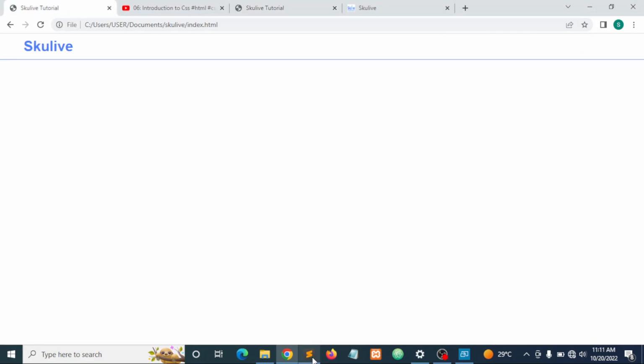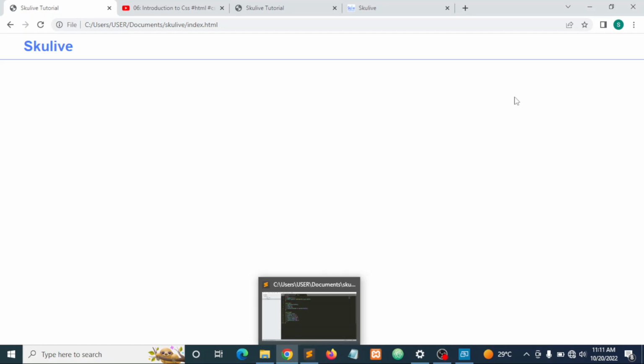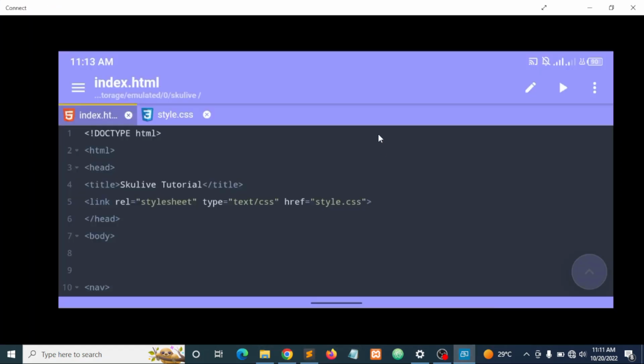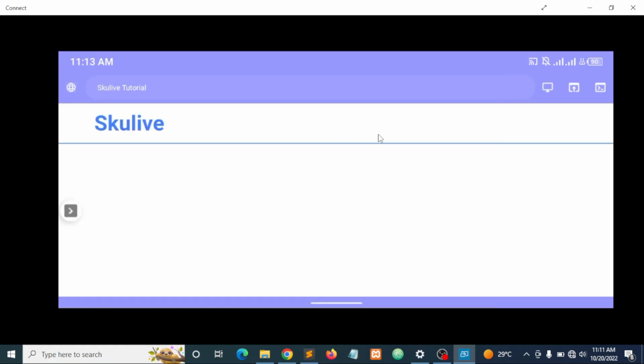So before we do that, let's go over to mobile phone for the smartphones. Let's see how our site looks for smartphones. So click on this play icon, you can see we have the same thing. So whatever we are doing on our desktop or laptop is still going to be the same thing in our